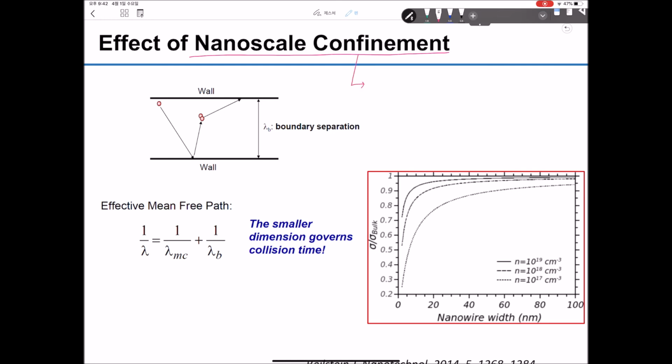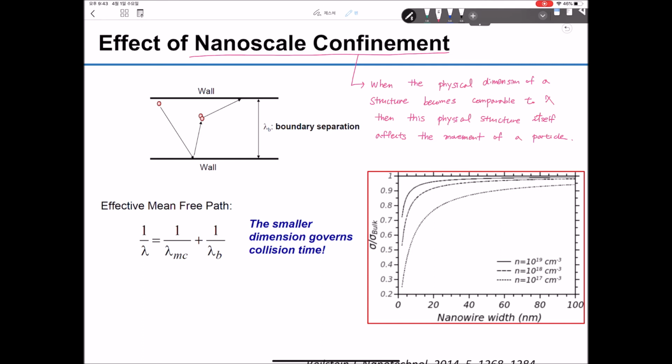When the physical dimension of a structure becomes comparable to lambda, then this physical structure itself affects the movement of a particle. It's a bit long definition, but what I want to say here is